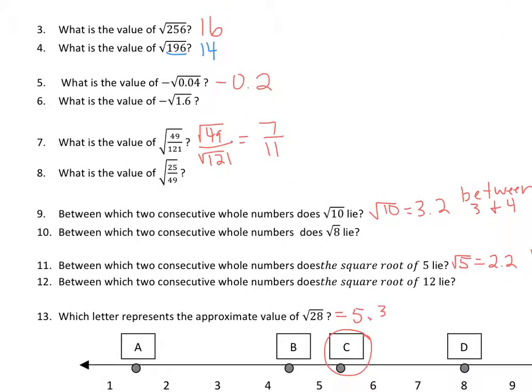For number 6, what's the negative square root of 1 6/10? Remember, you have to leave your negative on the outside and only square root what's on the inside, and that gives you 1.265. When you're finding the square root of a fraction, like in number 8, 25/49, you take the square root